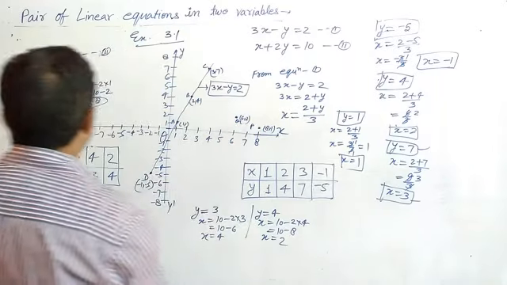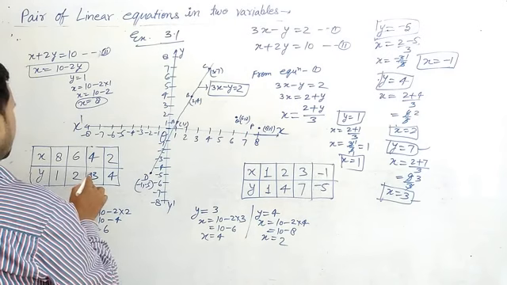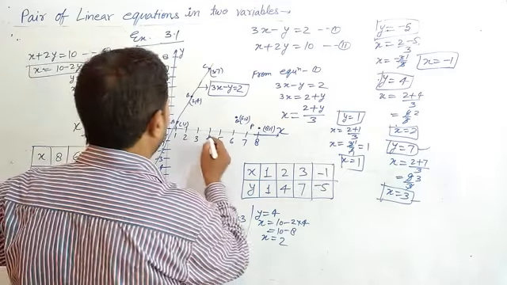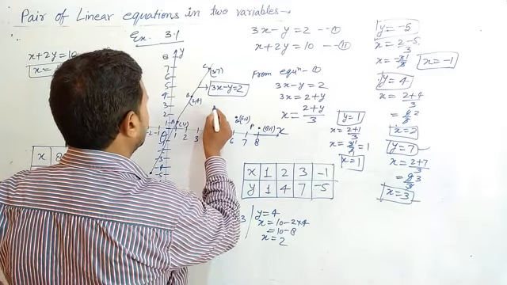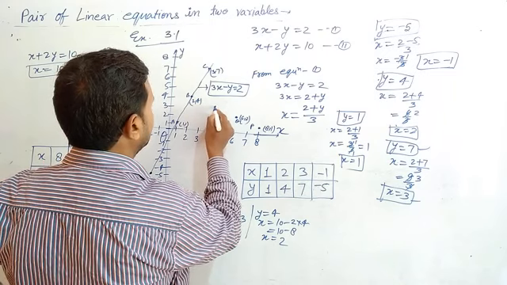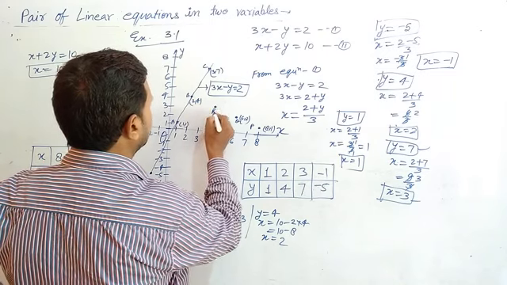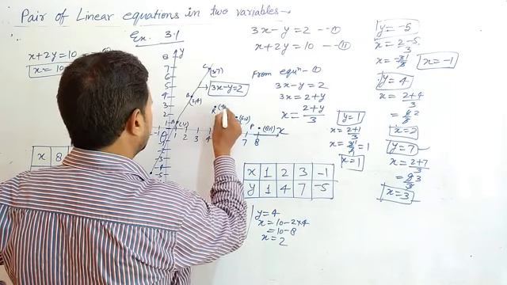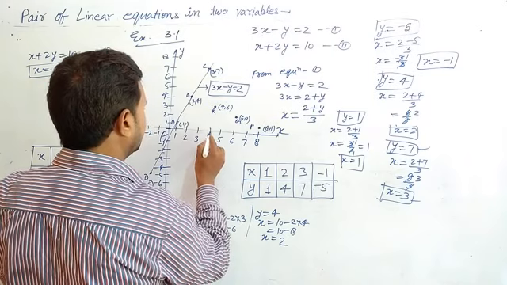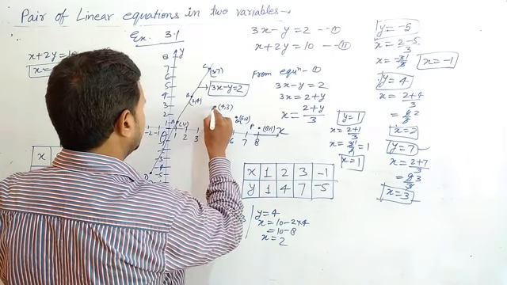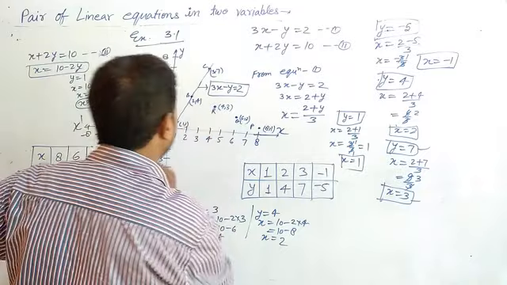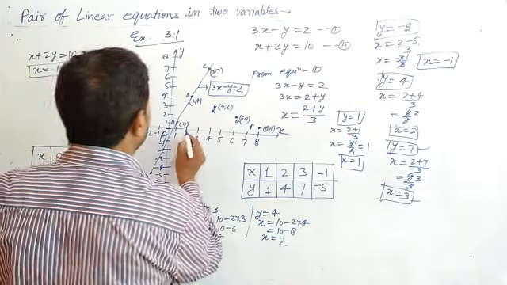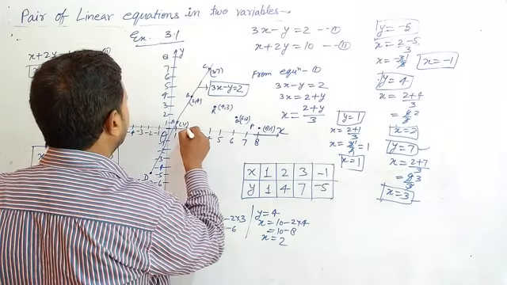It's right. Again, third is x is equal to 4, y is equal to 3. X is equal to 4 here, and y is equal to 3 means this one. It's right. It is R, and here is 4 comma 3, means 4 on the x-axis and 3 on the y-axis. That's right. Again, x is equal to 2 and y is equal to 4. X is equal to 2 is here and y is equal to 4 is here.